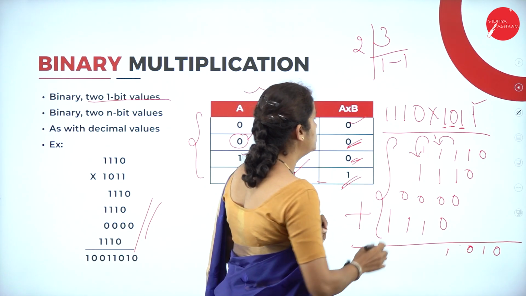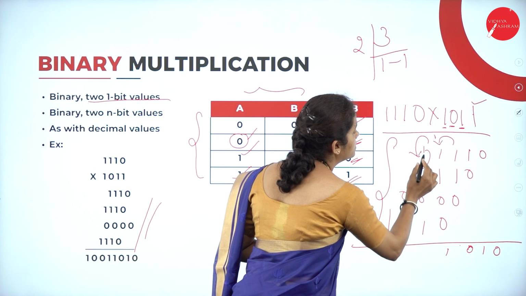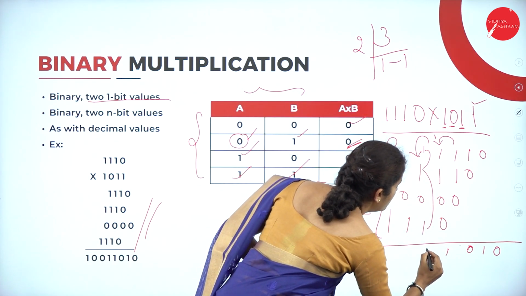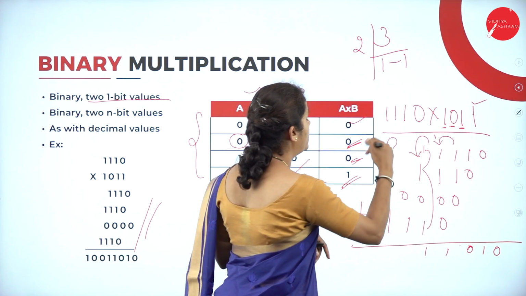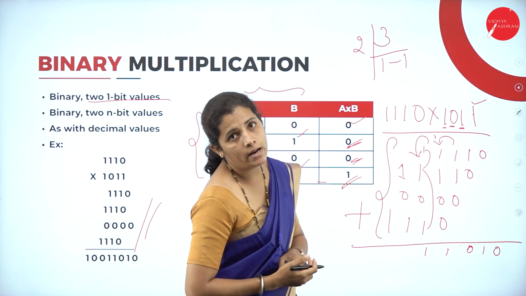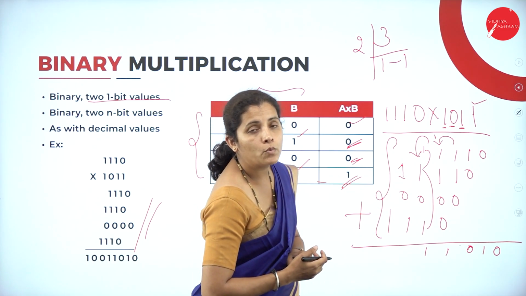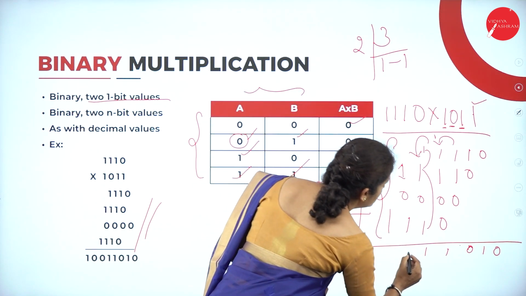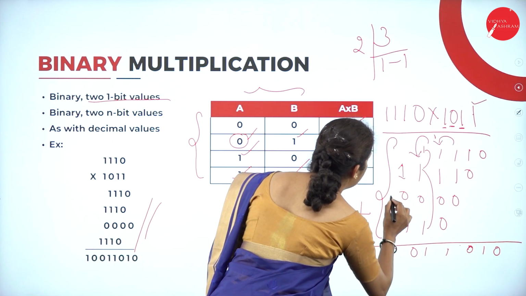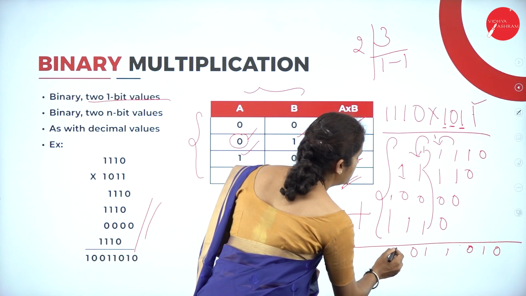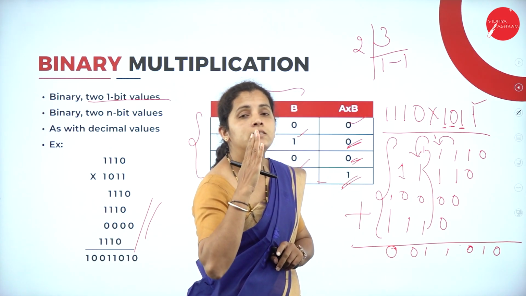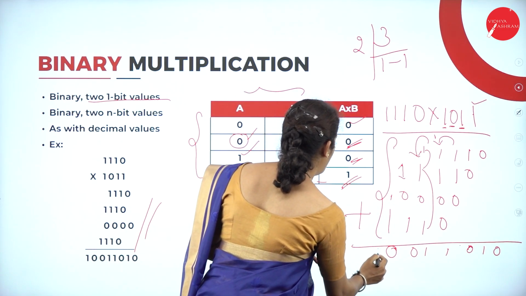So now once again I have 1, 1 and 1. Once again I'm going to get 3 ones. So I'll write 1 here, and 1 I'm going to carry further. Now I have 1 and 1. So I'm going to get sum 0 and 1 is carry. So here I'll get 1. So 1 1 means what? Once again it is sum 0 and carry 1.